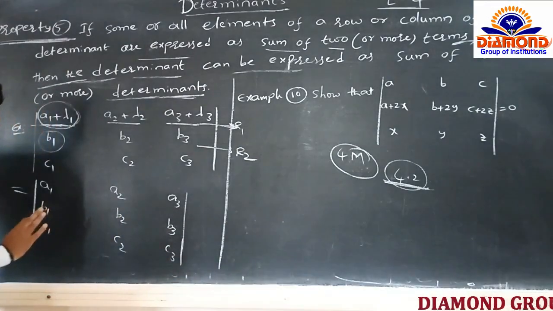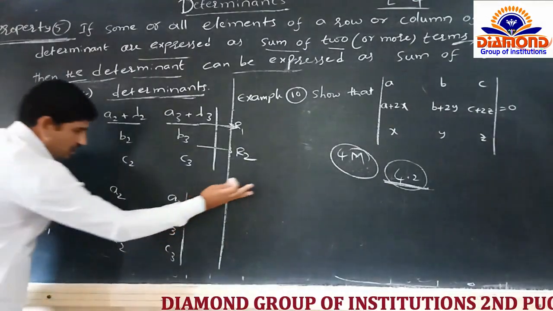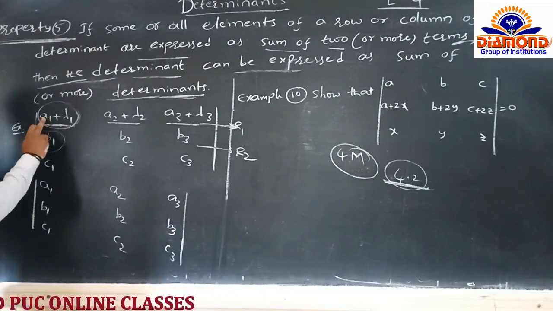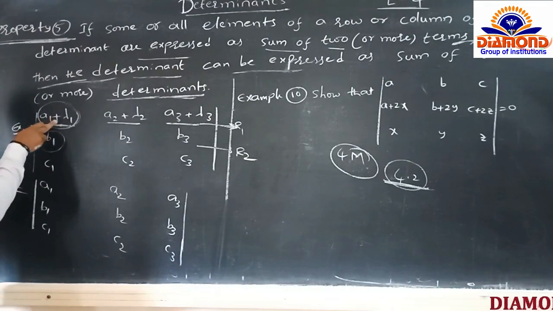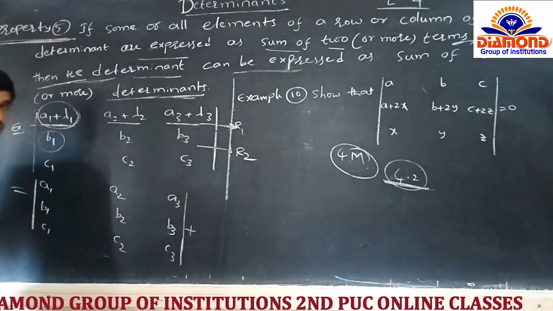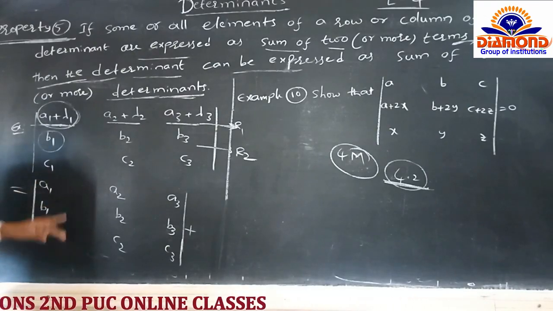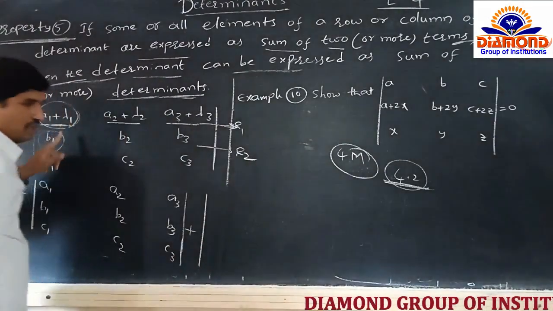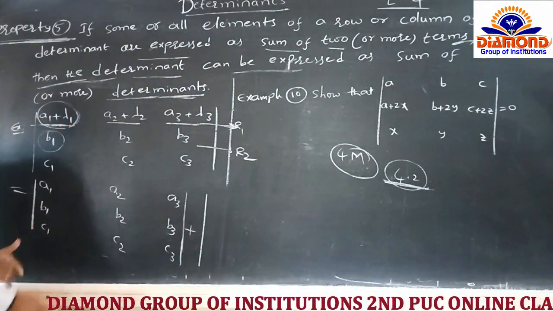Yes. Up to here, what is the concept? Next, in between there are two terms with plus or minus. Yes, plus. So we just have to write plus here. Okay. So by writing the plus, now I will write one more determinant. How are we writing one more determinant?